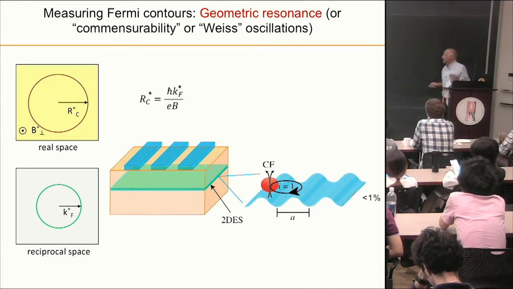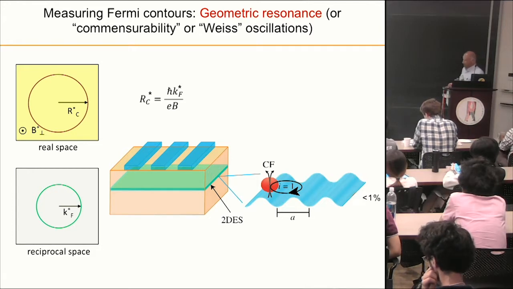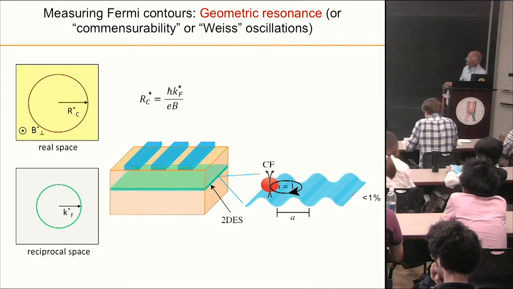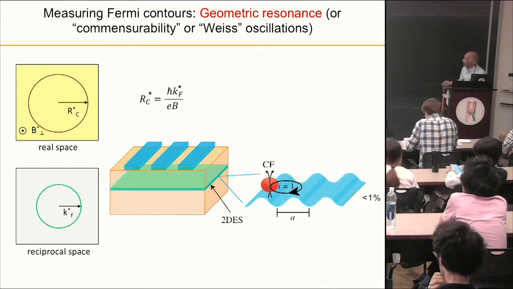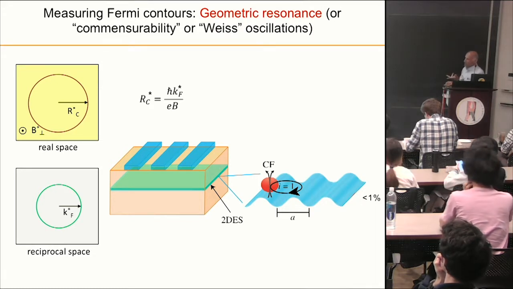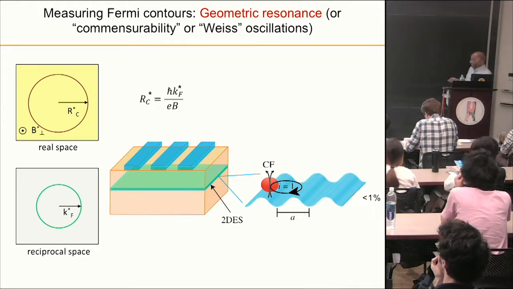So the next question is, experimentally, how can we probe the shape of the Fermi sea? So one way to do it in transport measurements is the following. So in reciprocal space, you have a Fermi sea, say, that is circular. So this is Kf, Fermi wave vector. And now suppose you put a small magnetic field perpendicular, so the electrons go in cyclotron orbit, and they have an orbit like this. So this is in real space. This is the cyclotron radius. So as you know, this orbit essentially has the same shape of this, but rotated by 90 degrees. So if you can measure the shape of this, you could infer the shape of the Fermi sea. And this is a simple relation between the cyclotron radius and the Kf. So that's the plan, to measure the cyclotron